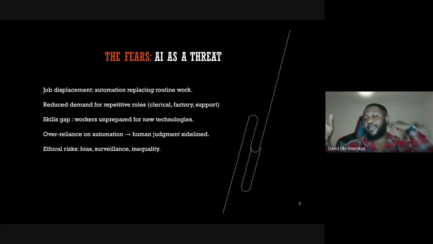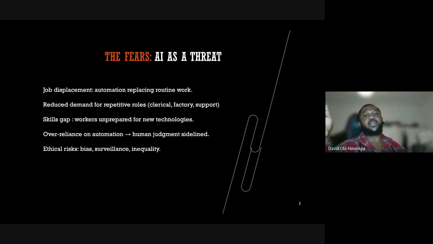As I said earlier, everything that has pros has cons. Everything in life that has pros has cons. So artificial intelligence is one of them. A lot of people have said in recent times that, oh, AI is going to take their jobs. Yes, definitely. AI will take the jobs of those that don't leverage AI, those that don't keep abreast of the innovation that is going on in the world.